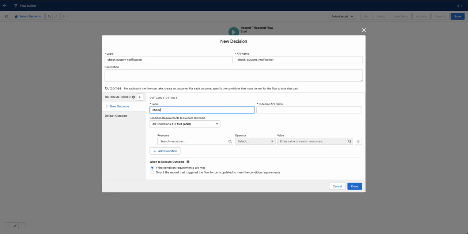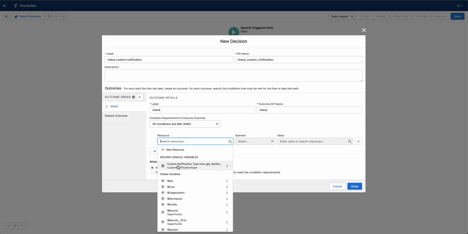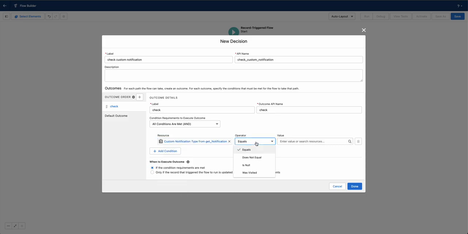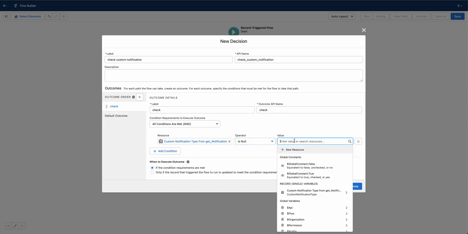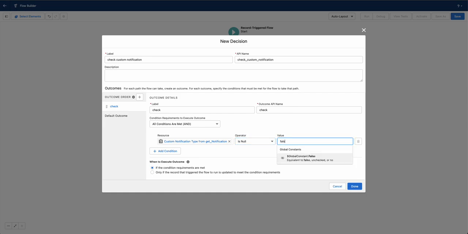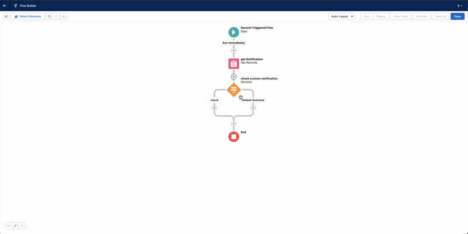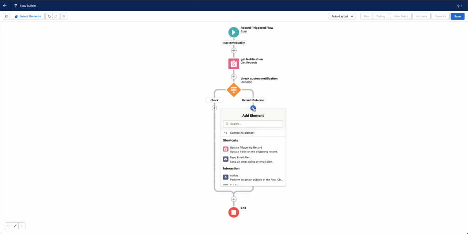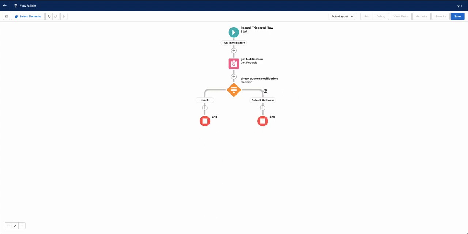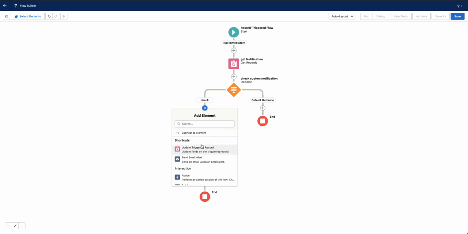Click here on check, and here our conditions are that our new variable is available, so we just say is null equals false, and that's basically it. And now we can say if this is not available for whatever reason, we will stop this flow here. If it's available, we can execute our action here,